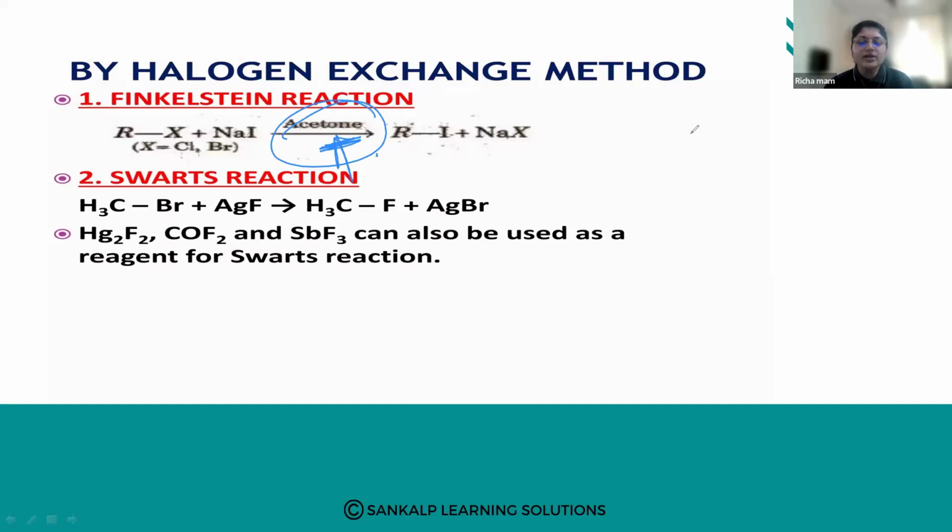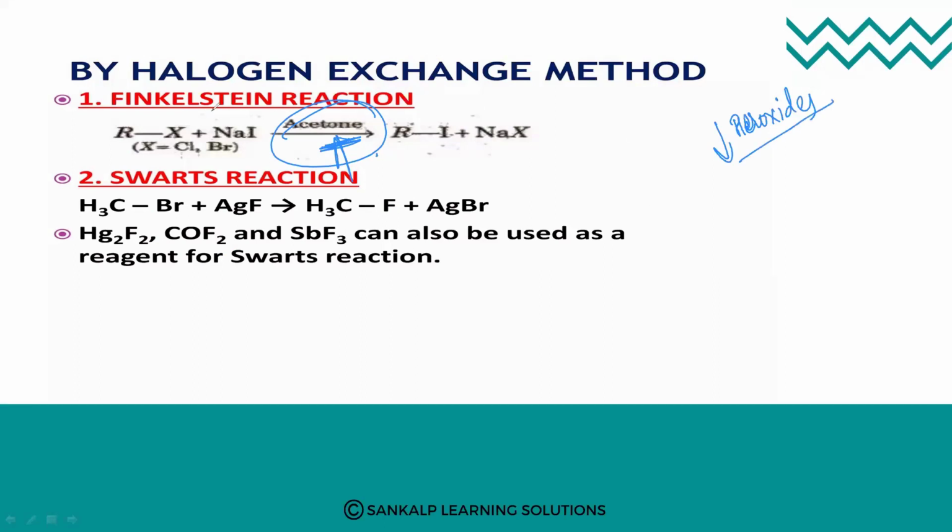Anti-Markovnikov rule will be applied only when you have an unsymmetrical alkene and it is reacted with the alkyl halide in the presence of peroxide. Okay, there should be presence of peroxides only. So if peroxide is there, then only it will follow anti-Markovnikov rule. Same way, whenever such name reactions are there,